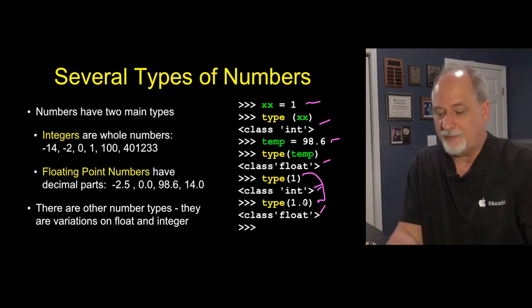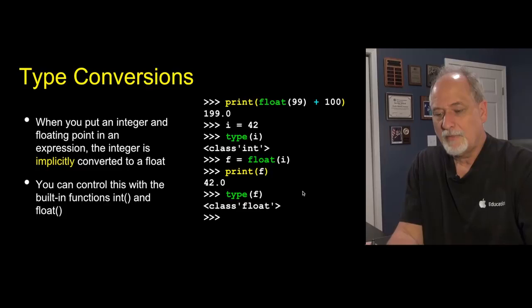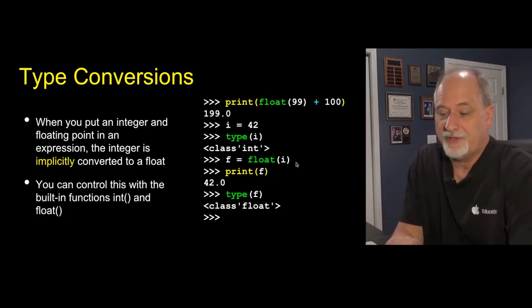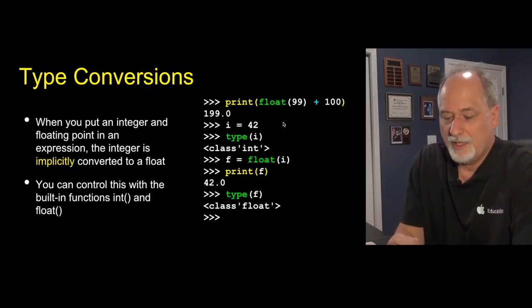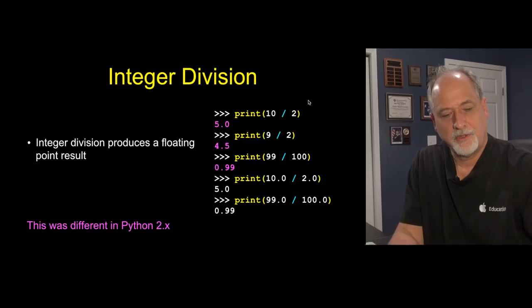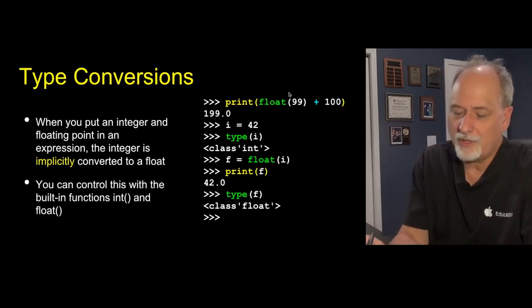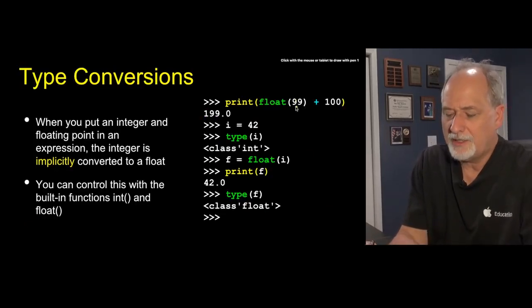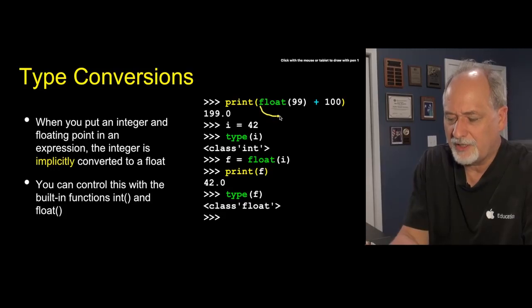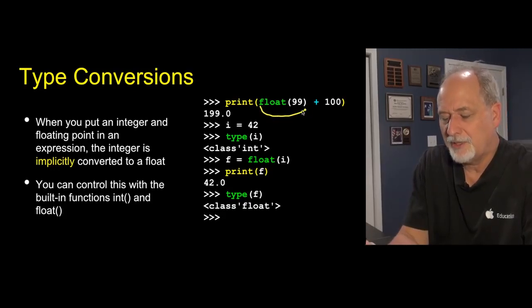And what's the type of 1.0? You can also use a set of built-in functions like float and int to convert from one to another. So this basically says, I want to convert 99 to a floating point number. So this is a function and it's participating in this plus, but before it can finish the plus, it turns